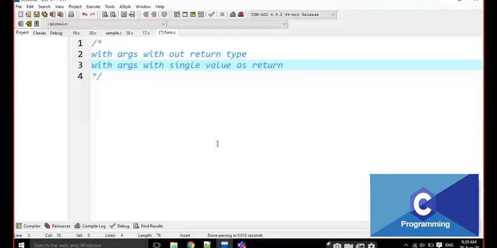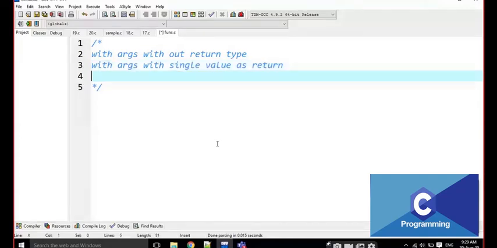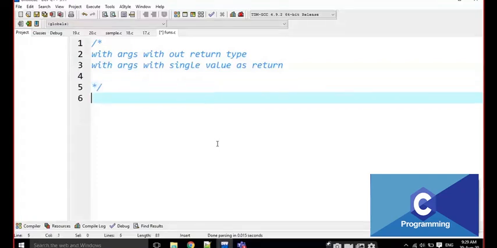What is a function? First of all, a function is a particular task. That's it, nothing else. It's a sub block. For example, we go to a shop and buy something, that is some function. We go to college and study, that is a part of our life, some function. We are eating, that is some function. Our life is a block of functions.